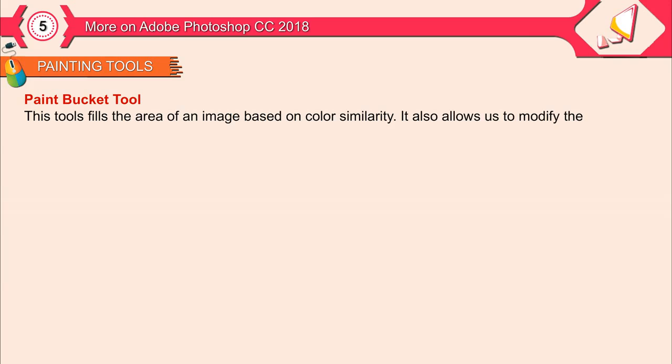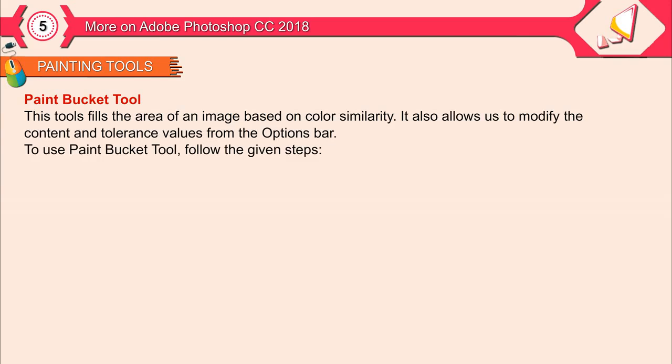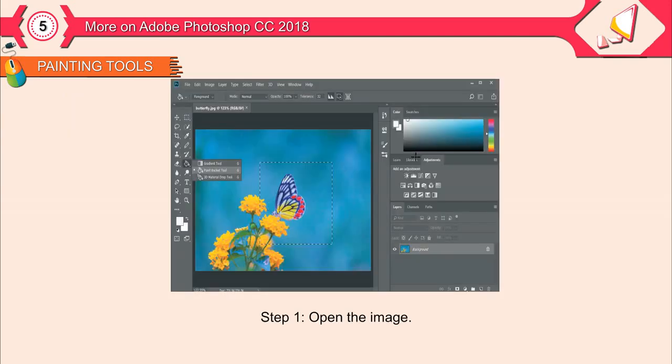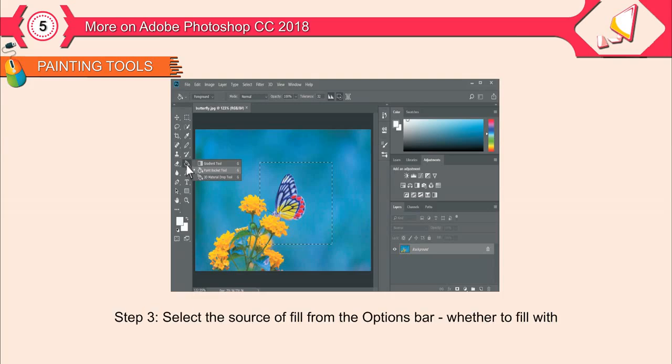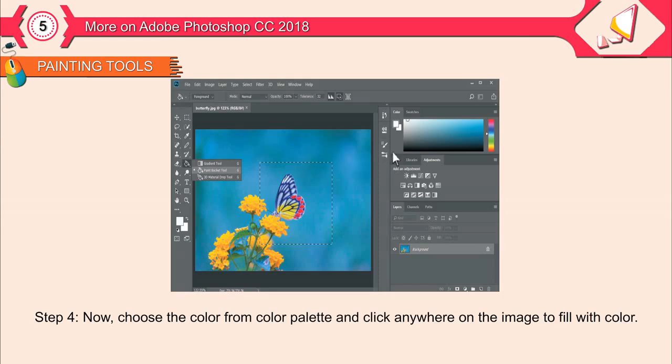Paint Bucket Tool. This tool fills the area of an image based on color similarity. It also allows us to modify the content and tolerance values from the options bar. To use Paint Bucket Tool, follow the given steps. Step 1. Open the image. Step 2. Click on the Paint Bucket tool from the Tools panel. Step 3. Select the source of fill from the options bar, whether to fill with the foreground color or a pattern. Step 4. Now, choose the color from color palette and click anywhere